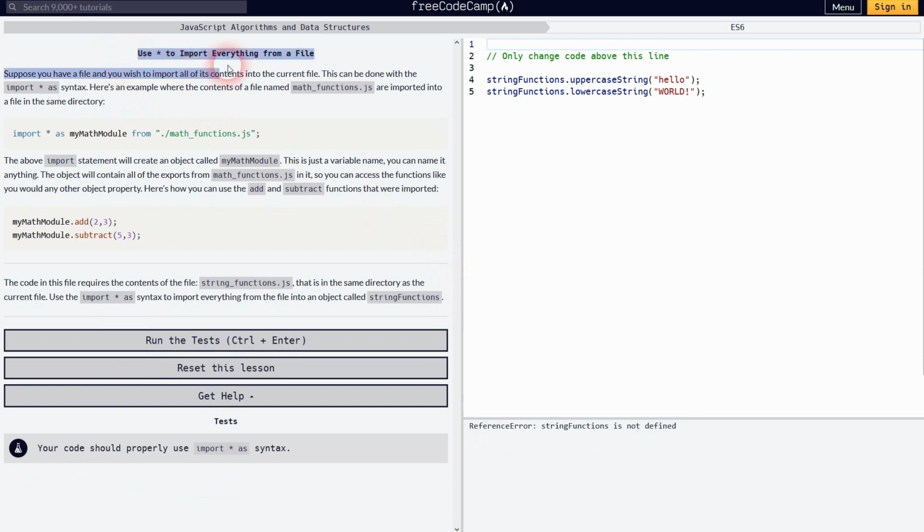You can import everything from a file with this star icon. It's almost the same way of writing. Let's go over it on the right hand side. So at first we'll use our keyword import, then the star icon for importing everything,